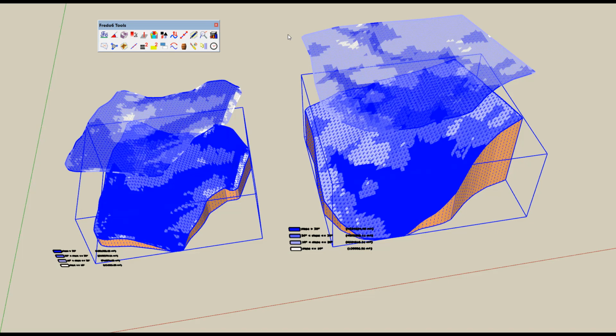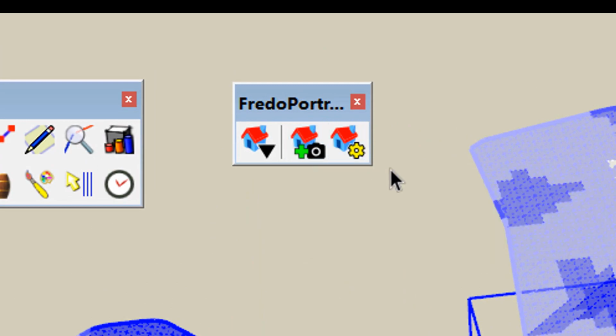You may want to export the 2D color map or the legend as an image to include in Layout or in another document. This can be done not with color by slope, but by another of my plugins called Fredo Portrait. So here is Fredo Portrait.